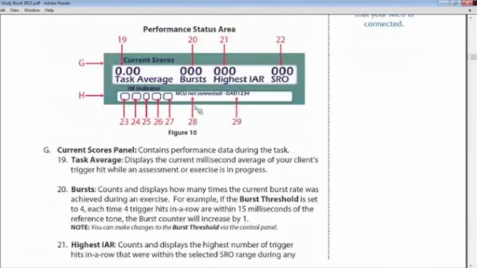This is also what tells you right here in number 28 if your MCU, your master control unit, is connected or not. And then number 29 is the actual identity of the training member of your client, okay? So this is nice because in this performance status area right here, you can actually give your client feedback as